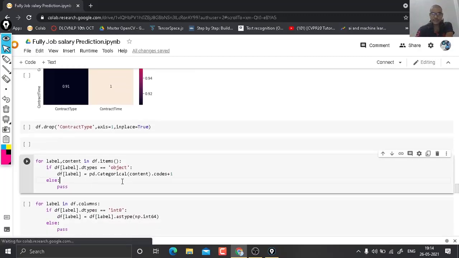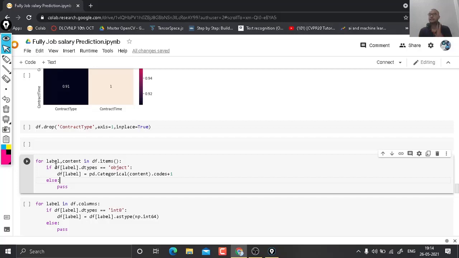After that we label encode our data set into integer form. It means that if you want to train a model, you should give integer or float values. It is not going to take string values. So here, if the data type of a column is object, then it is converted into a categorical value by assigning numbers.